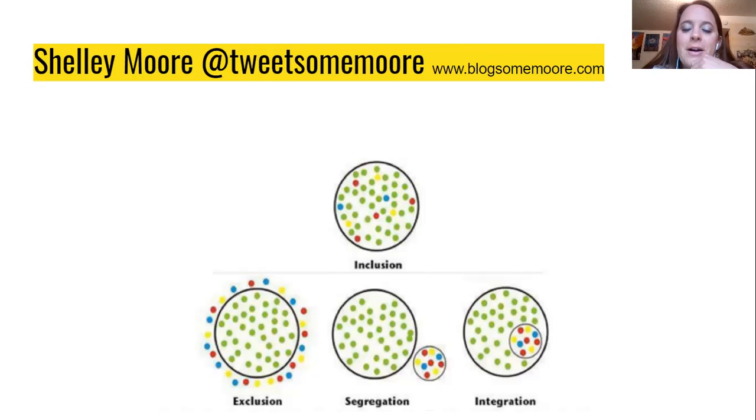the colored dots, the green dots being our students without disabilities, and the colored dots are students with different abilities. And so the thing is, you can look through your class right now and just think, wow, where's my class at? Do I have anyone with different abilities in my class? You're probably not purposefully excluding them, but maybe you can start advocating, hey, I want students in my class that have some disabilities. I want to be able to work with some people.